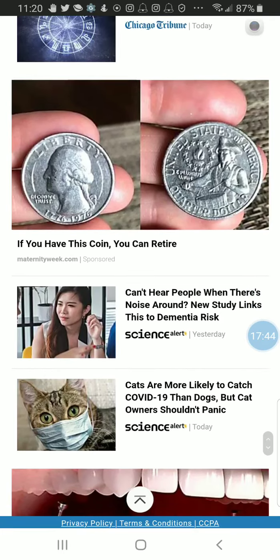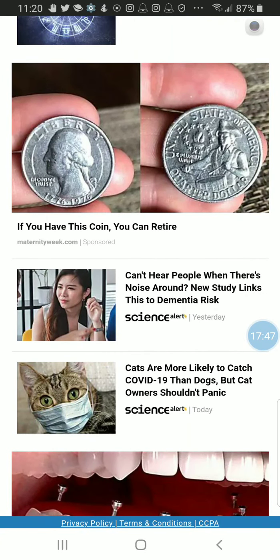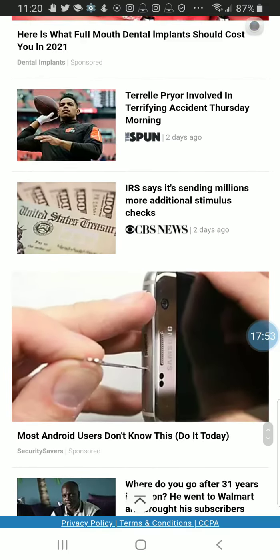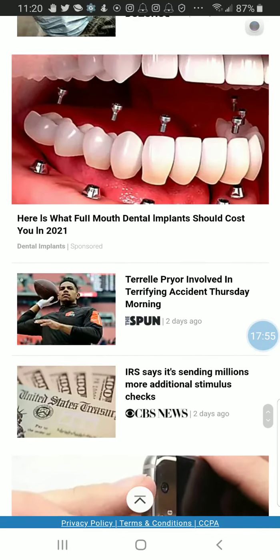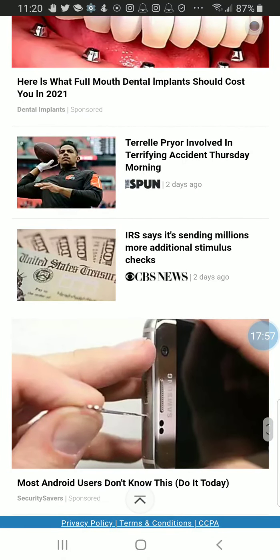Why is it that whenever you're trying to look up something, all these other articles and advertisements are popping up? If a particular calculator can do the same thing, you would more likely not be seeing stuff like this.